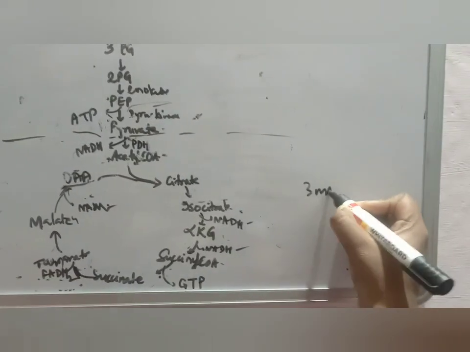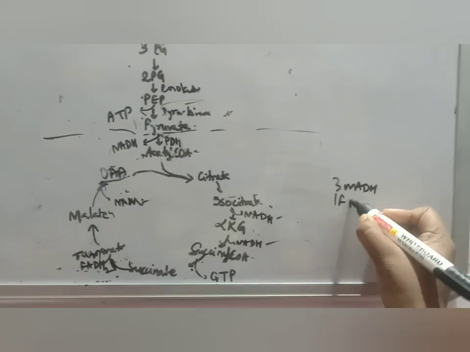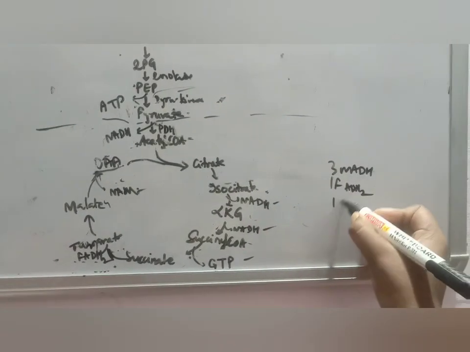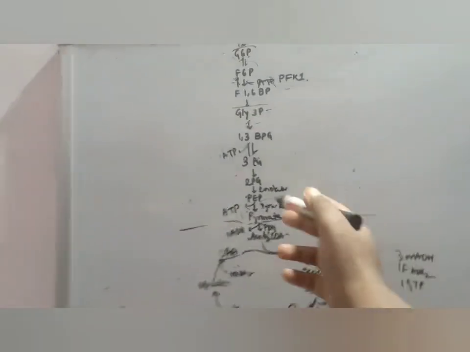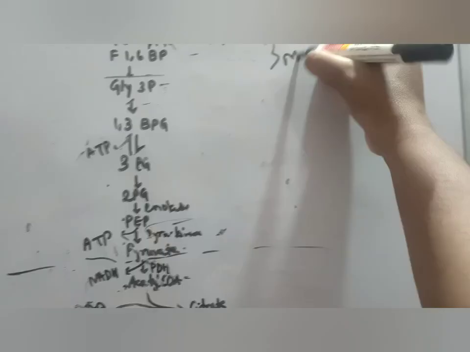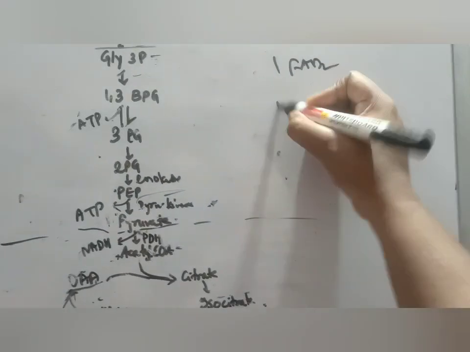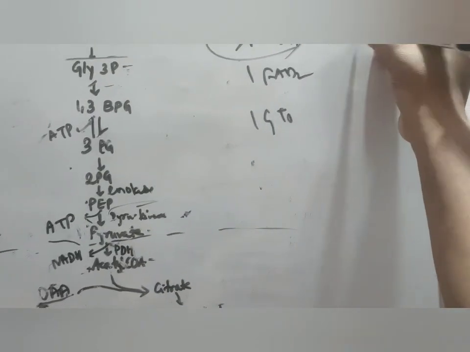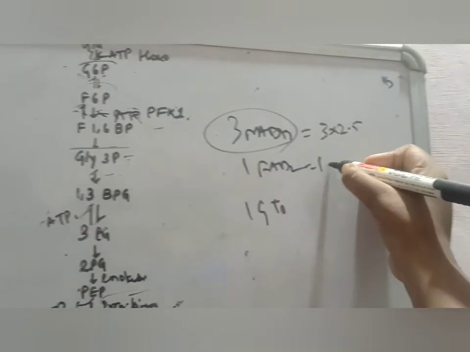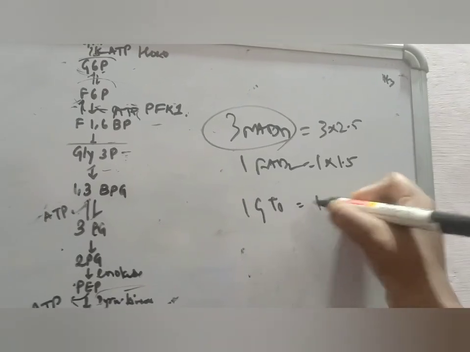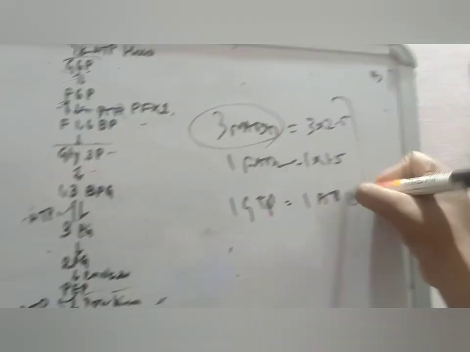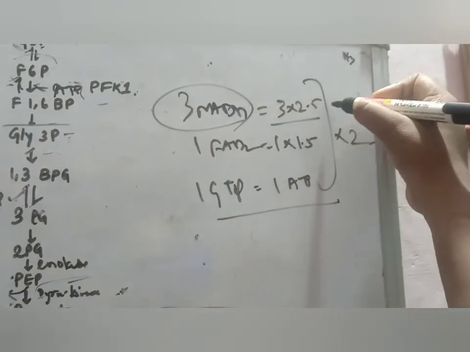We'll do this cycle. What is happening here? NADH, NADH, NADH. There are 3 NADH, 1 FADH2 and 1 GTP. Into 2, because 1 glucose will split, so everything will be multiplied by 2. 3 NADH is equal to 3 into 2.5. FADH2 is equal to 1.5, so 1 into 1.5. 1 GTP is 1 ATP. And everything will be multiplied into 2. So this is equal to 7.5,